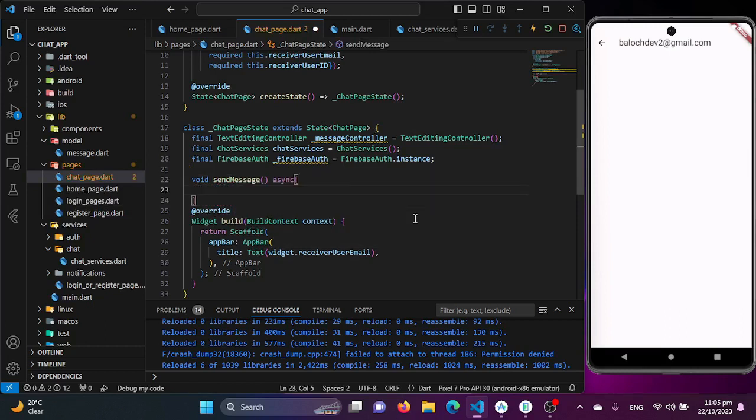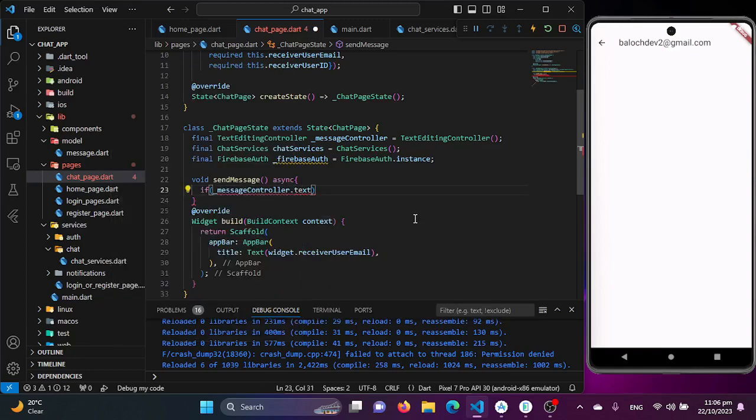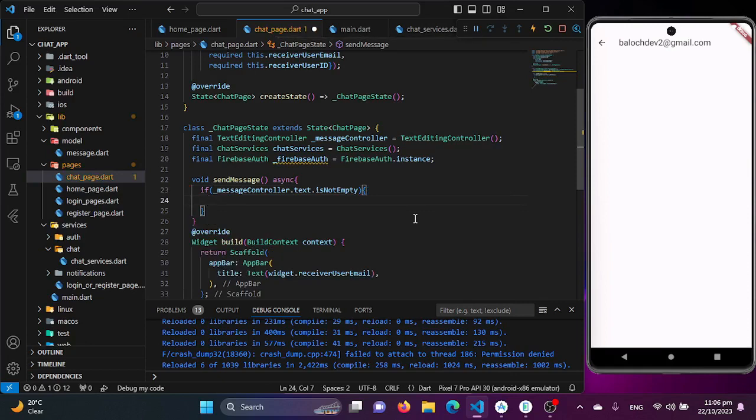Here I will be adding some conditions. If the text controller is empty, we should not send a message. So the basic condition will be the message controller dot text is not empty, so let's send a message, which will be await